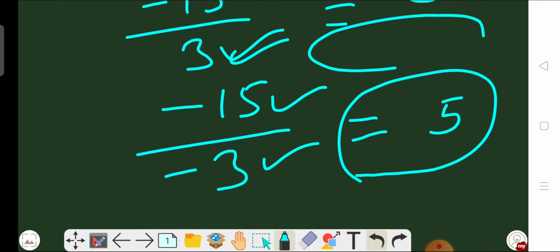So this is the way by which you can divide any integers. Okay, the division in case of integers is the same as normal division, but we have to check the sign only. Okay, which sign will come to the resultant. Clear? So this is the way by which you can add, subtract, multiply or divide any two integers. Okay,